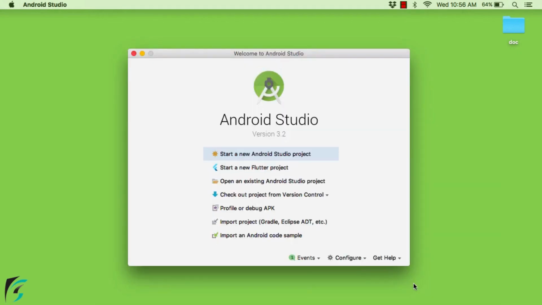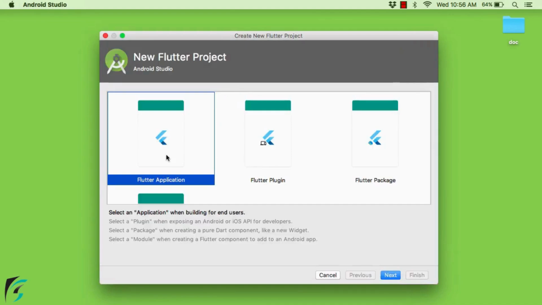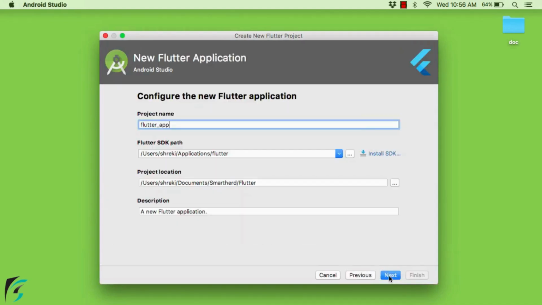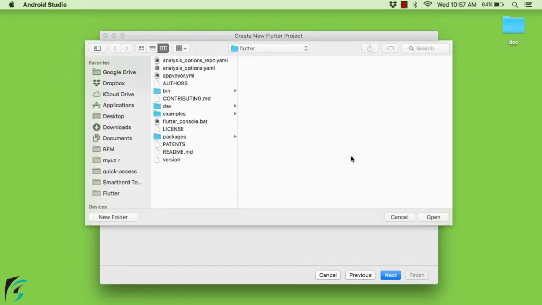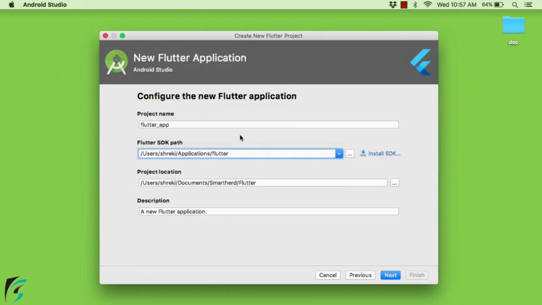You will find this option, Start a new Flutter project, on your launcher screen. Click on it, select Flutter application, click on Next, and there you have to provide the path to your Flutter SDK, which you downloaded as the very first step while setting up Flutter. So make sure from this three dot icon you provide the path to your Flutter SDK. Fine, once you are done,